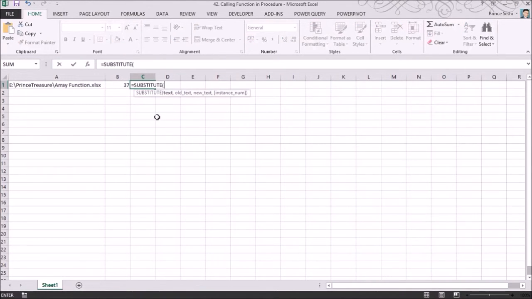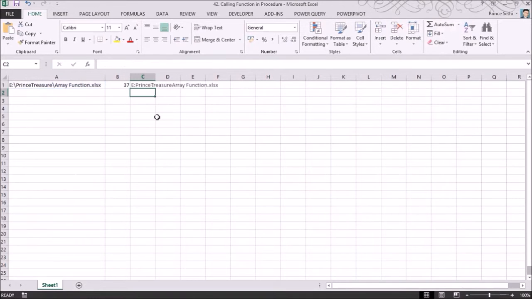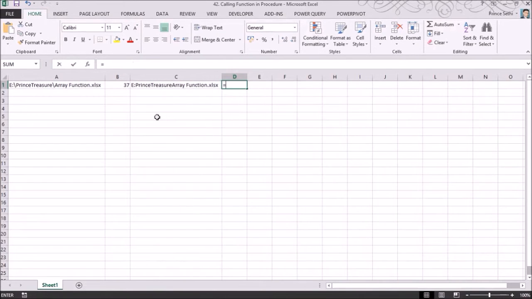If I apply a SUBSTITUTE function over there, I would say in this text replace slashes and make it blank. It will become like this, and now let me know the length of this text. This is 35. So if I subtract this amount,